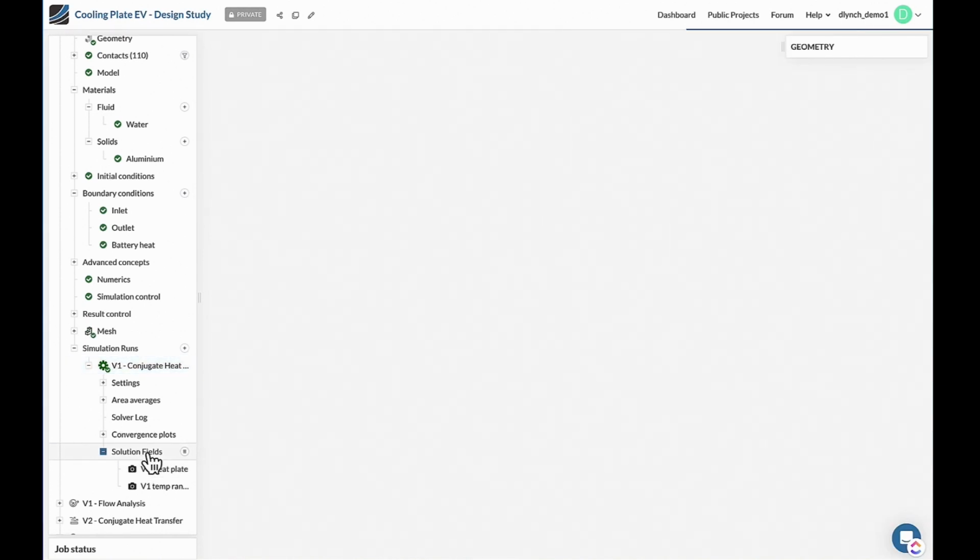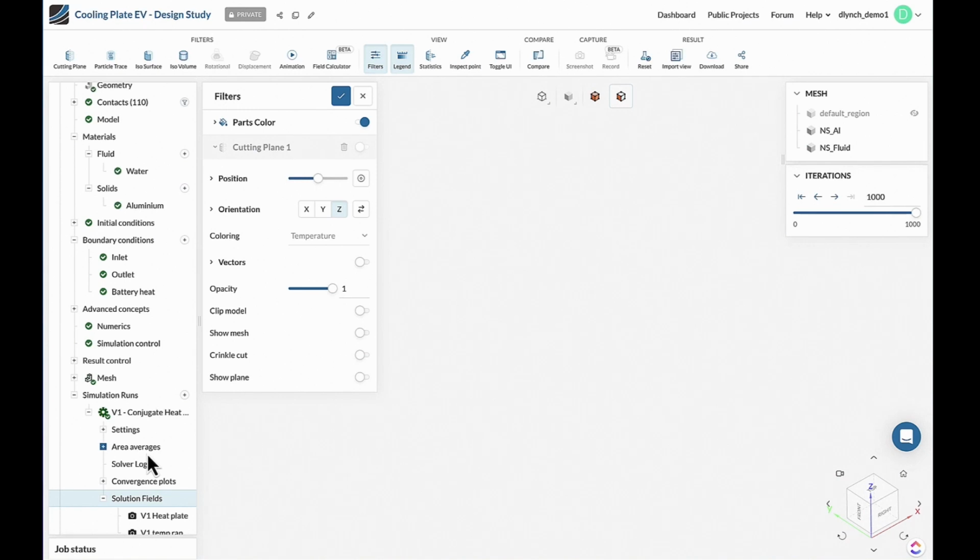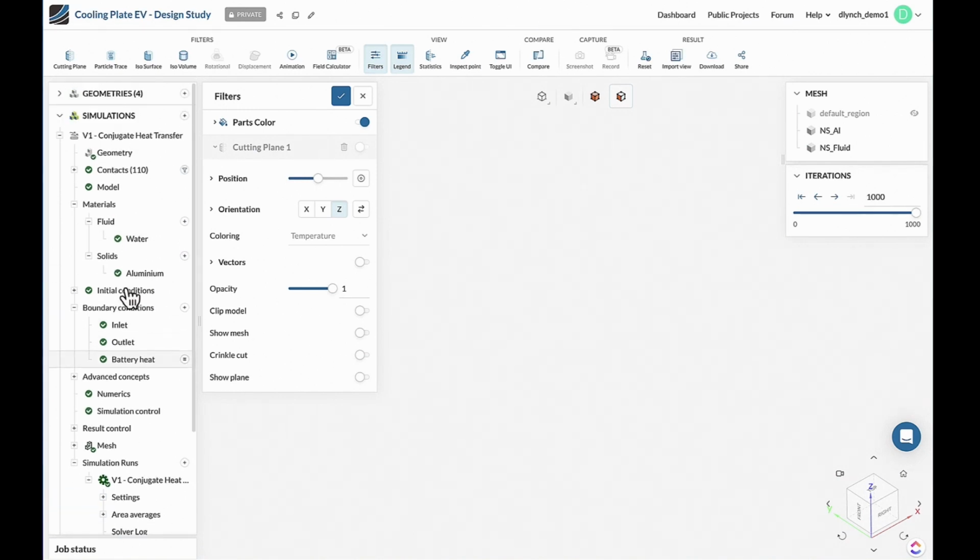The workbench generally consists of this large viewer space in the middle. So this large viewer space in the middle is where we can visualize results. We can graphically assign things to our setup, all within this space, and also inspect the geometries that we've actually uploaded to the SimScale platform. On the left-hand side, this is what we call the simulation tree.